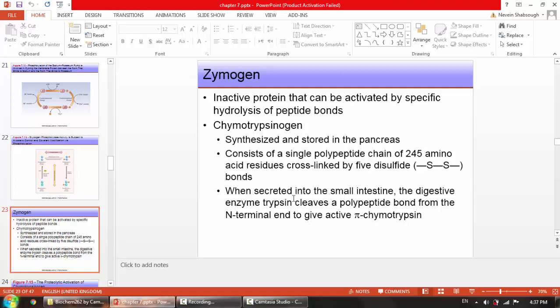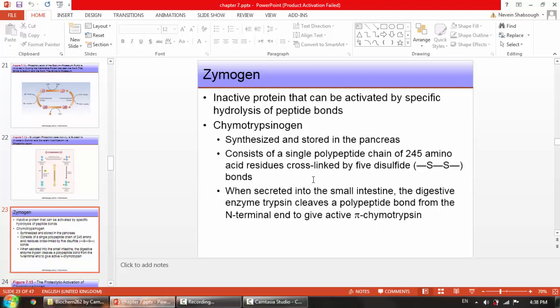Their inactive precursors, trypsinogen and chymotrypsinogen, are formed in the pancreas, where they would do damage if they were in an active form. However, in the small intestine, where their digestive properties are needed, they are activated by cleavage of